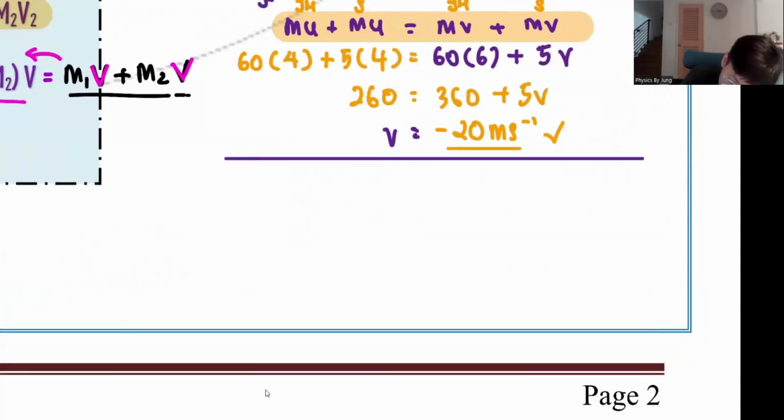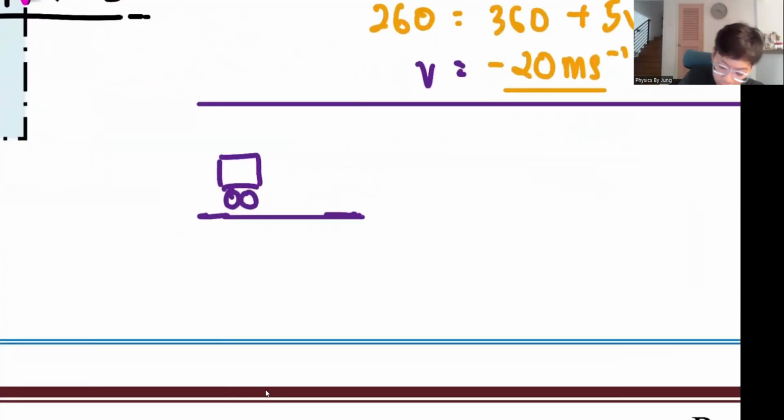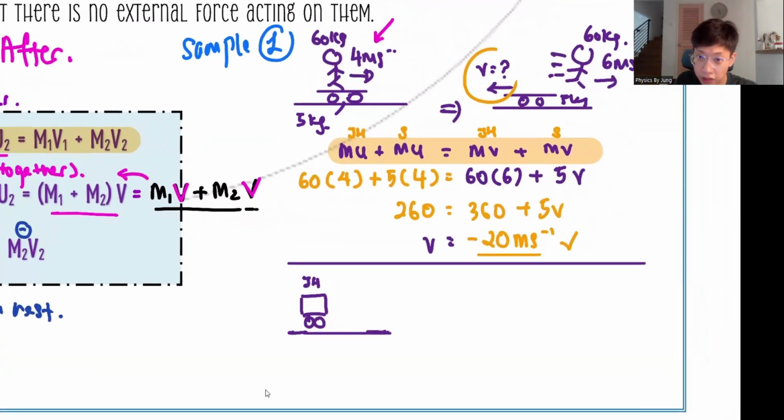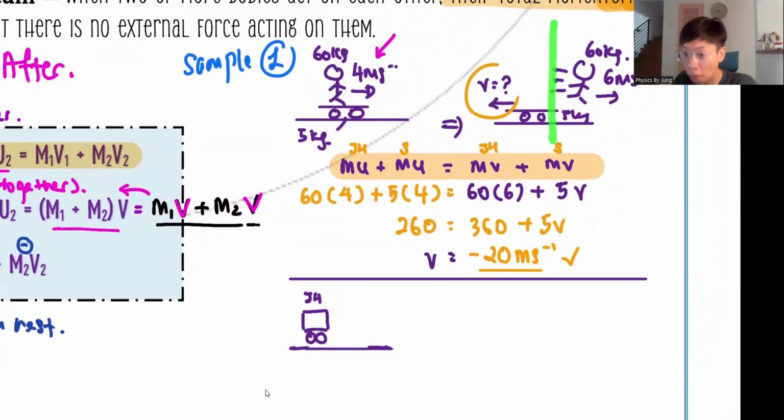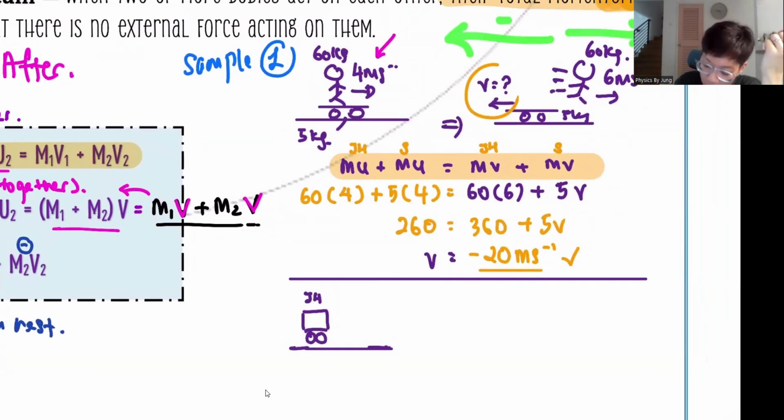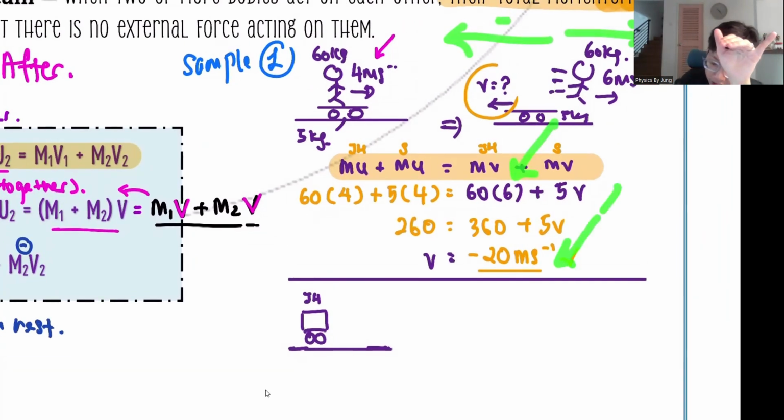Okay, one day, Jung Hao is driving a car. Suddenly, this is Jung Hao driving, you can put the 6 m/s as negative since the velocity is going in that direction. Regan, usually when we look at a question, we will decide which side is positive. Most of the time, I take everything to the right as positive and everything to the left as negative. Since this guy jumped to the right, according to my picture, I prefer to put this as positive 6. Then if this comes out negative, it means he moved in the opposite direction.